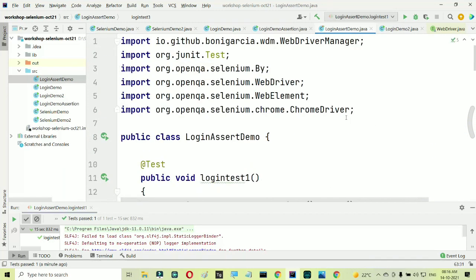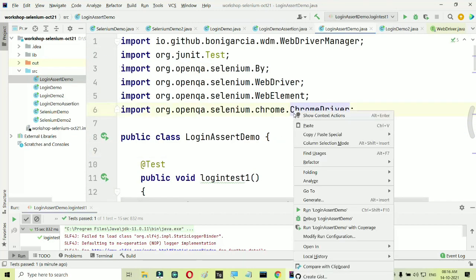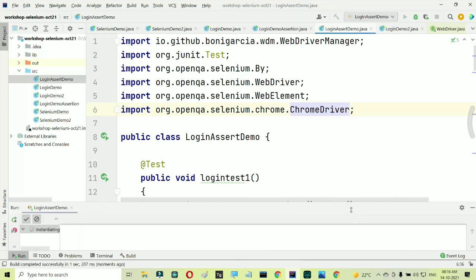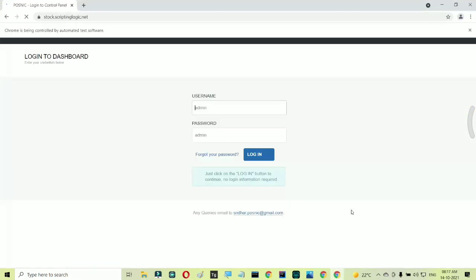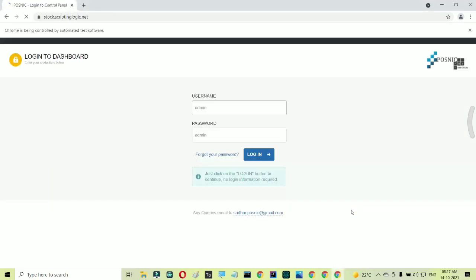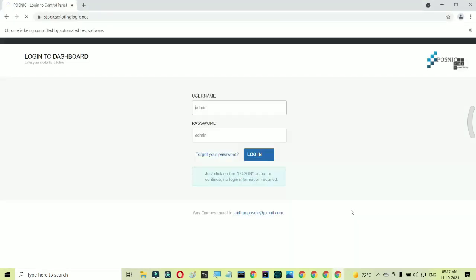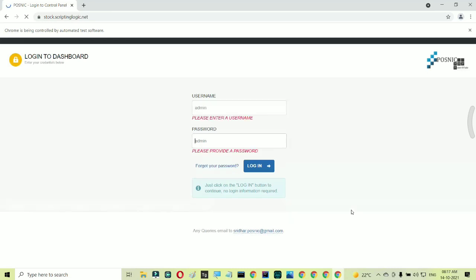So you can just run this whole class, right click and say run, and this will execute. You see here, the previous one. Okay, so this is blank username and password.